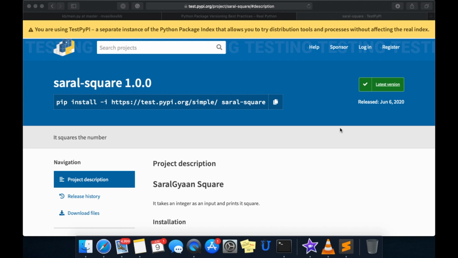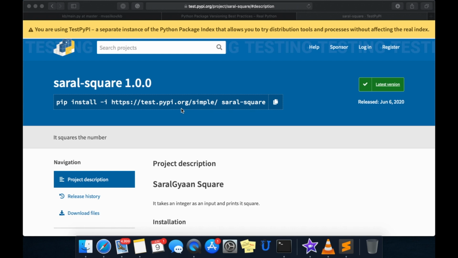In the previous video, we learned to publish our own module to PyPI, and we published our own Saral-square to test PyPI. Now we will be talking about versioning of a module. If you add a feature to your module or remove a bug, the user has to update the module with a newer version to have those changes in his system. And you as a developer need to publish that updated version to PyPI.